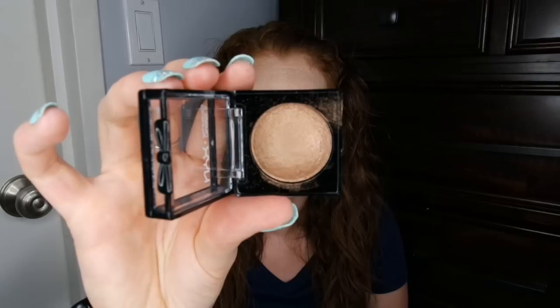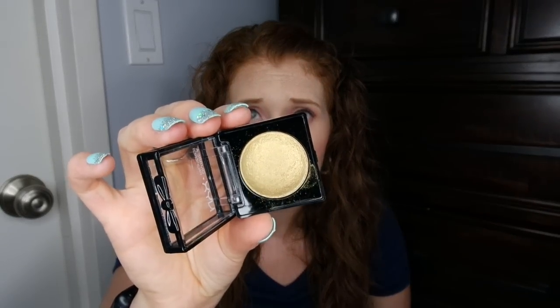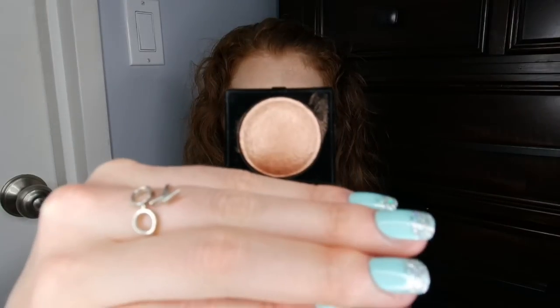So the first one is Bittersweet, Ghetto Gold, Nebula, shout out to Guardians of the Galaxy, Lavish, Ambrosia,